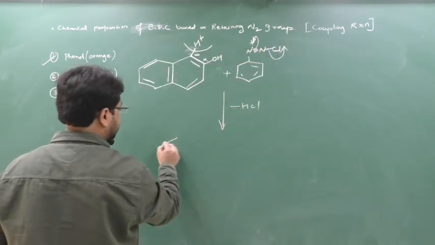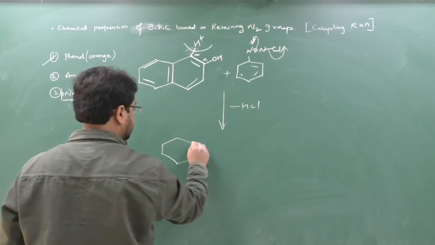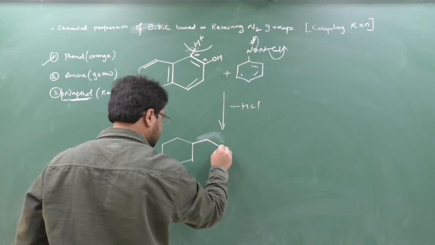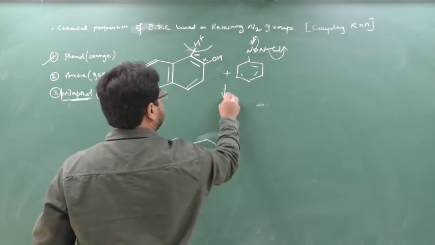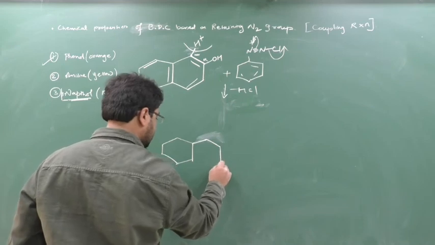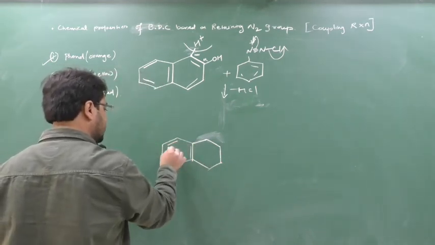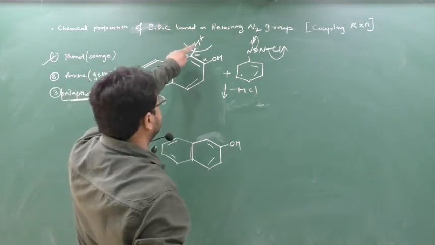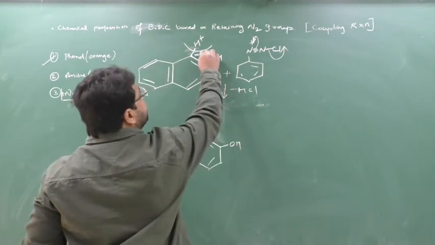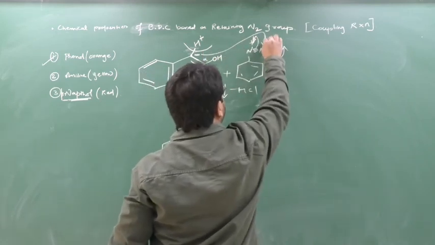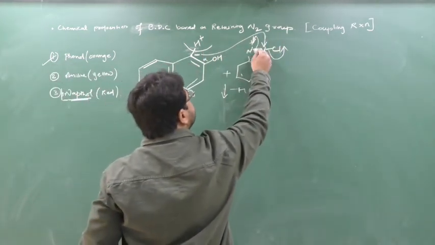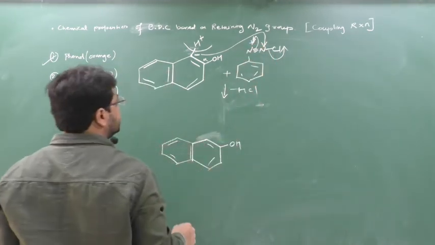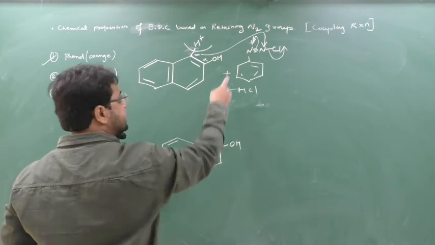Now what will happen here? See this ring. HCl. Here OH will come. Previously, this H has moved as H plus to form HCl, and this minus will be shifted here. Because when this nitrogen gives 1 bond out of its 3 bonds, it will get satisfied but will get a positive charge. So this minus will combine with this nitrogen.